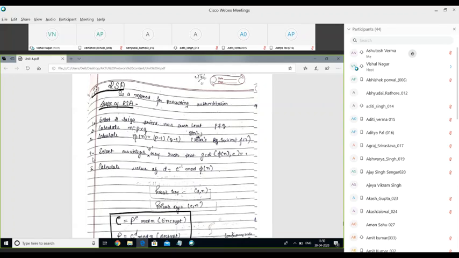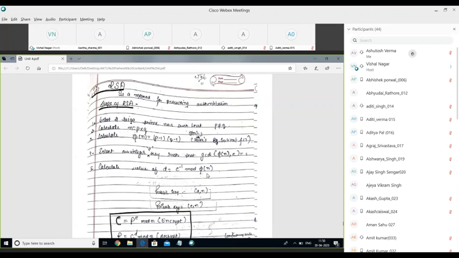Now after this step 4, we are going to find the public key and private key. The private key is very easy to find out. We simply take the numbers E and N, and the combination of these two is called the private key. And how do we find the public key? The public key is D and N, where D is defined as E inverse mod phi n.